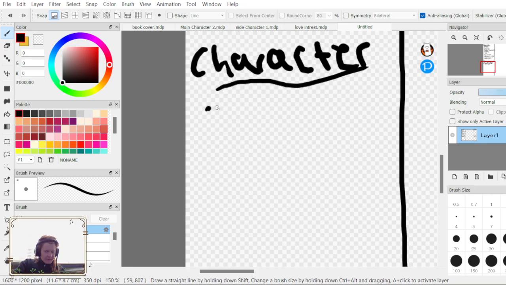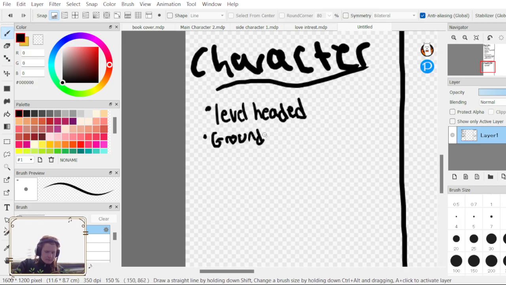So she'd be more level-headed, grounded, so she's kind of the balance of the group.